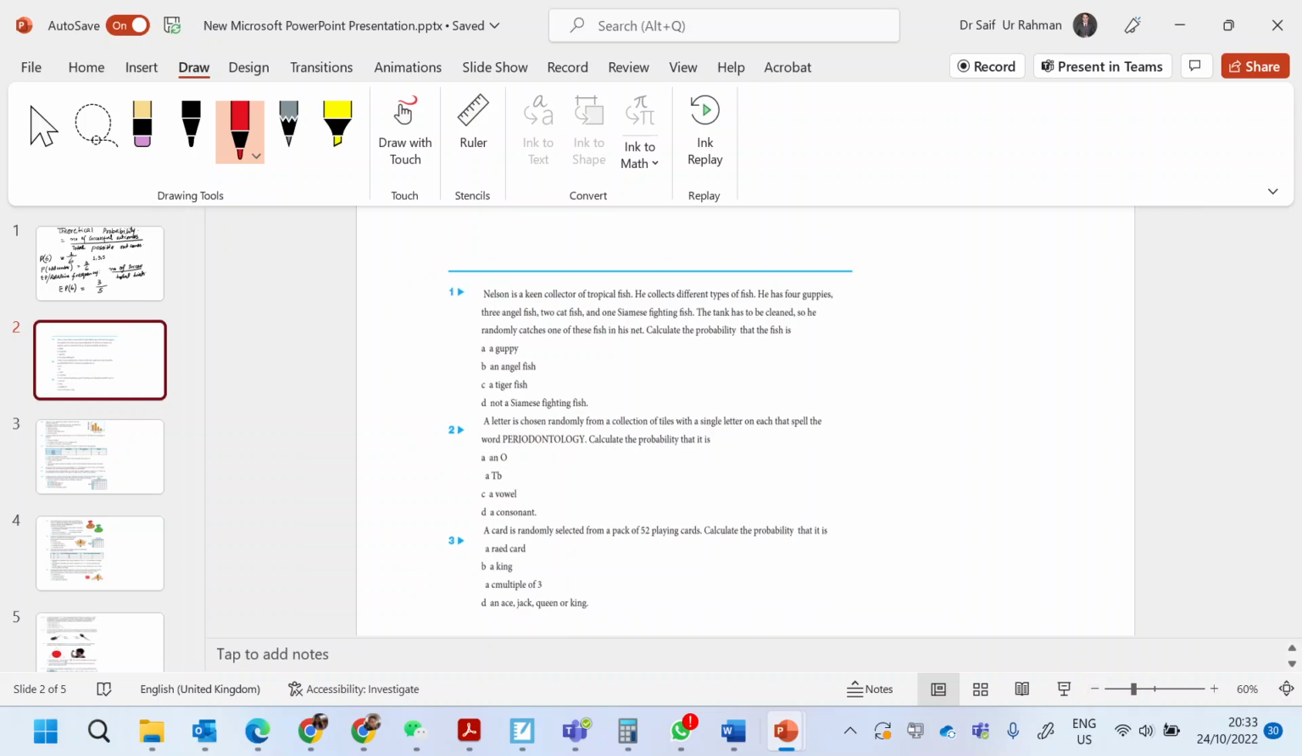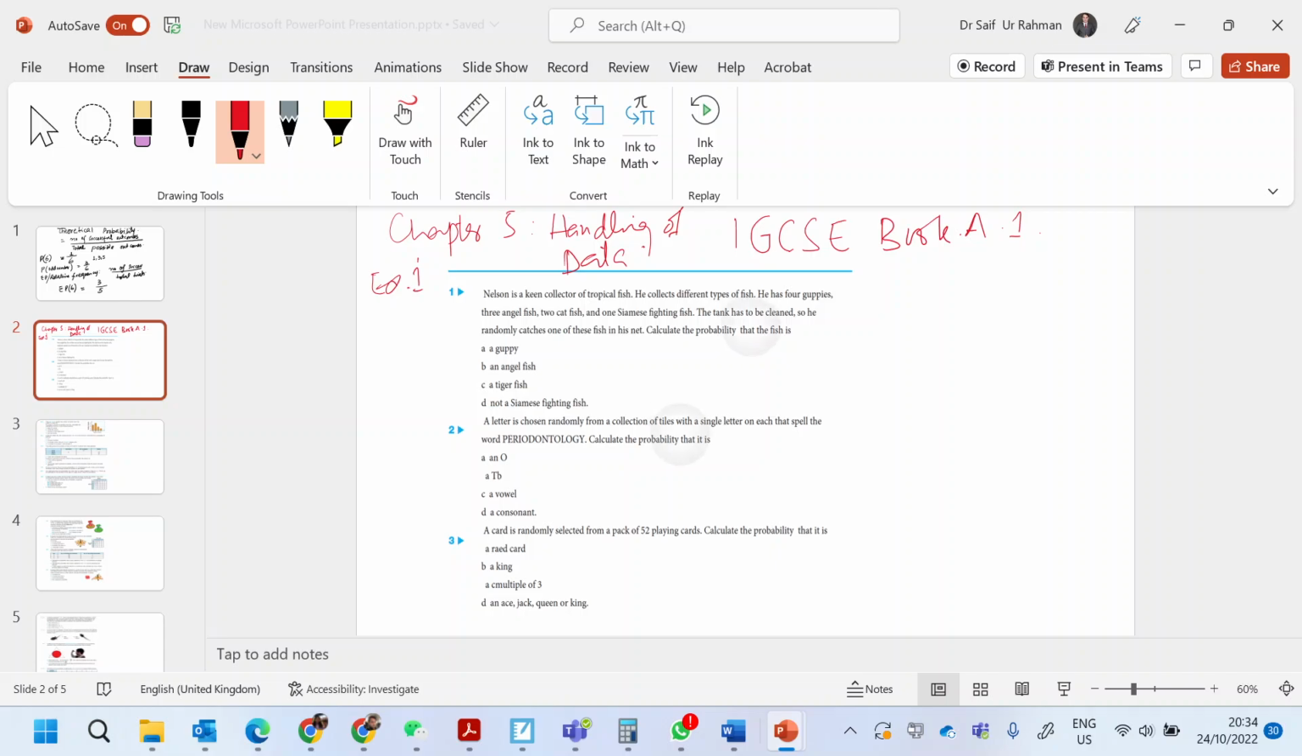So this is a book, an IGCSE book, Book A or Book 1, and these questions are taken from Chapter 5, Handling of Data, probably Exercise 1 or so. So the question says that